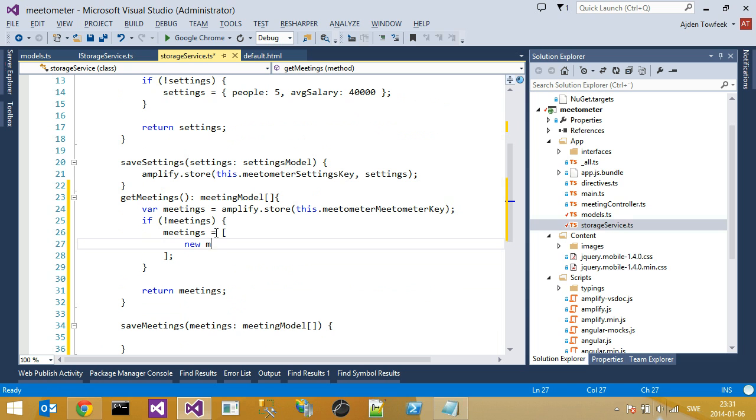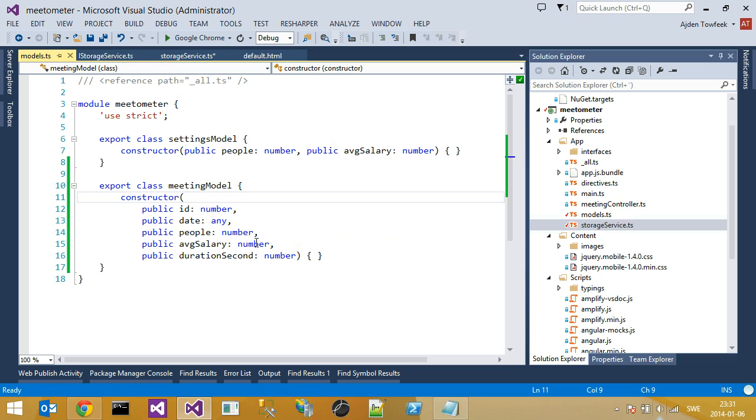Let's create two meetings. Meeting model, give it an ID. Now, what was this parameter? Why is it giving me a... Alright, let's go to the definition. The IntelliSense seems to be broke. Okay, so we have date, people, average salary. Okay,